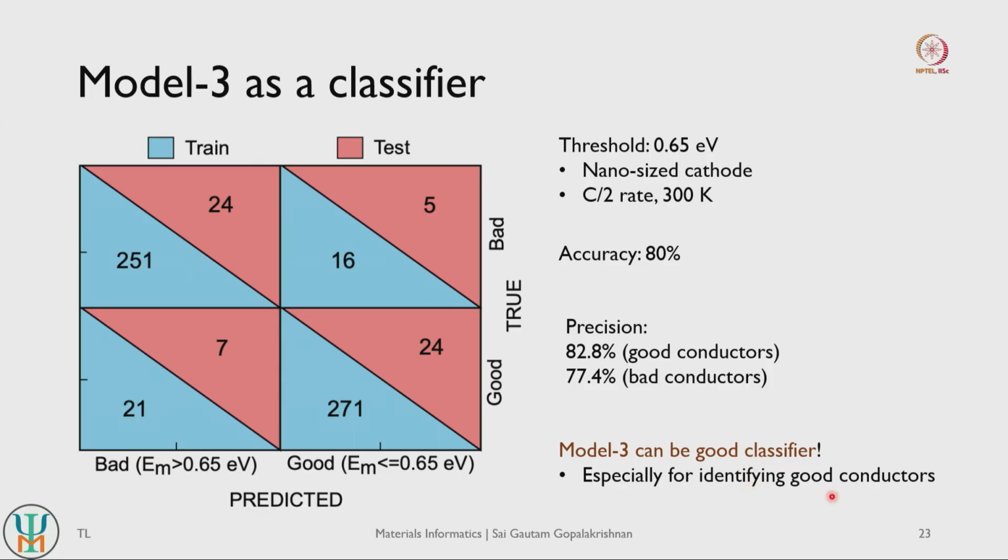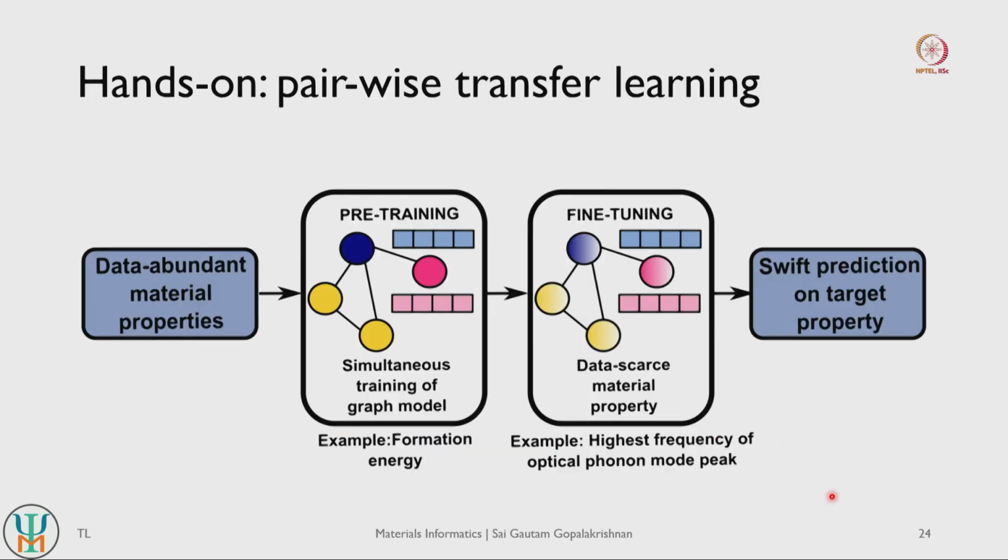So this can be put to use in identifying good conductors, thereby identifying materials that have very good rate performance when they are used in a battery setting, right. So we now see that, if you use transfer learning with appropriate pre-training as well as fine tuning steps, appropriate strategies, appropriate architectural modifications, transfer learning can lead to very powerful models that can actually result in very good improvements in identification of materials and eventual performance improvement in actual devices.